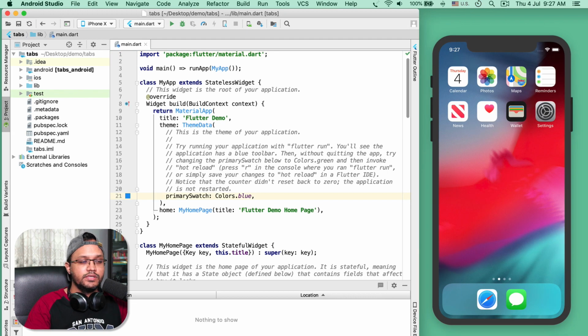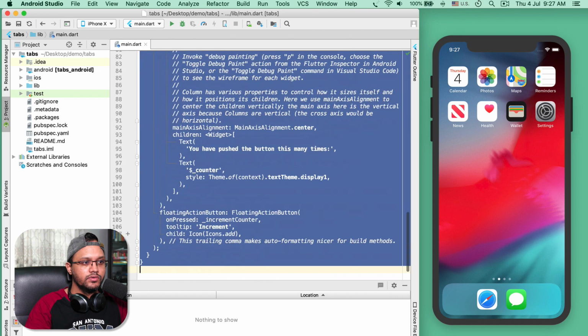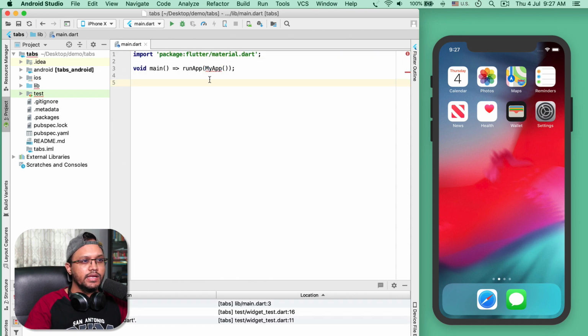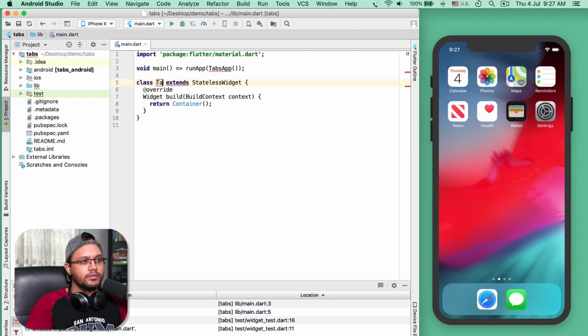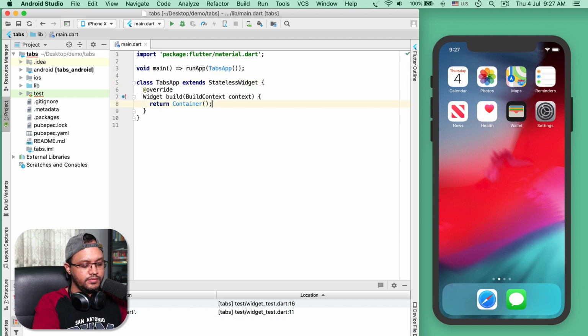So in my Android Studio, I have created a tabs Flutter project and saved it in my desktop directory. At first I will remove all the template code from here, and in the run app I will give the name TabsApp, and let's create the TabsApp widget, that is the main widget. So I will create a stateless TabsApp widget. Now let's remove this container, and I will return a material app,